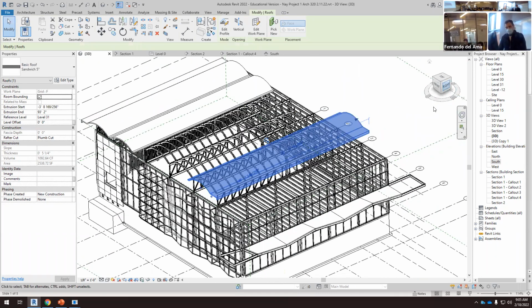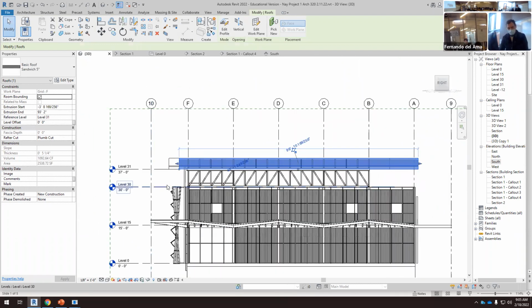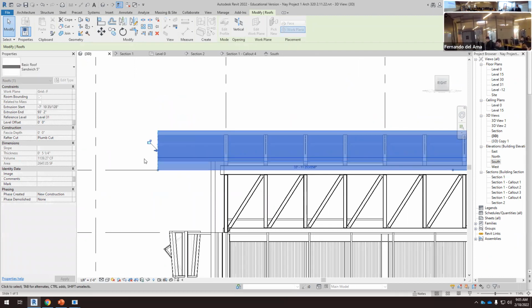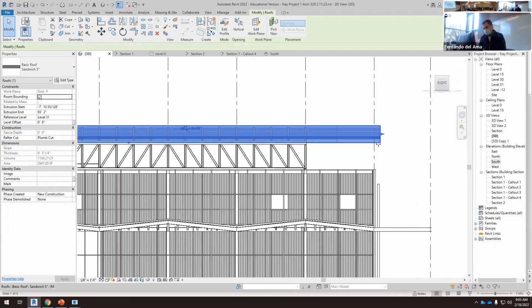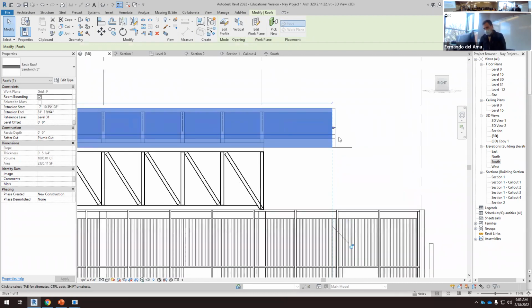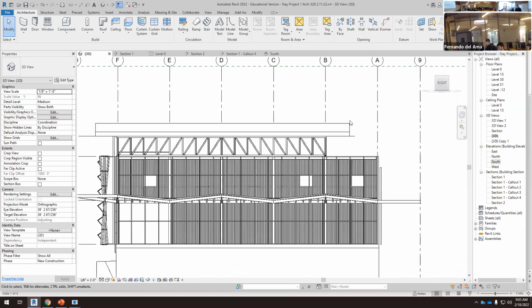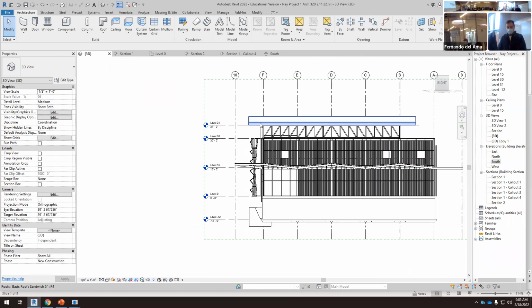So I'm going to work with the right. I want all the roofs to have the same distance. I extend this here. Okay, I'm creating this overhang,